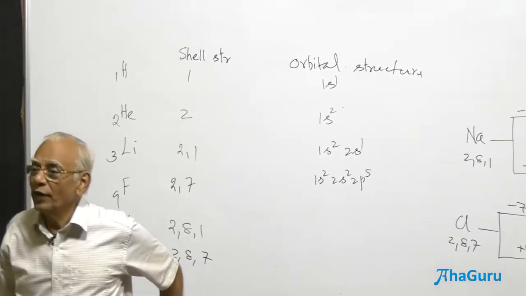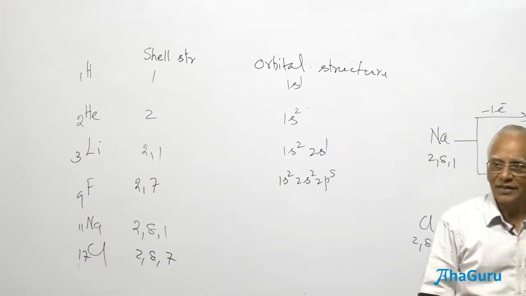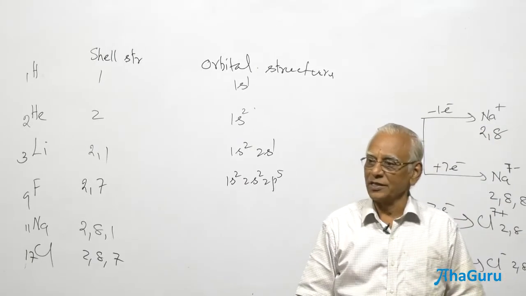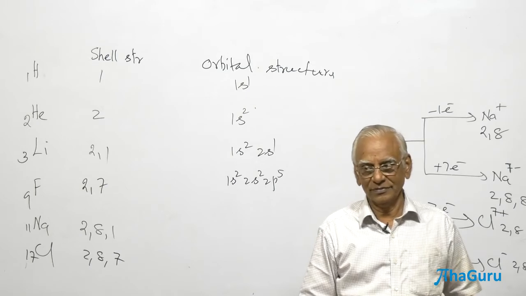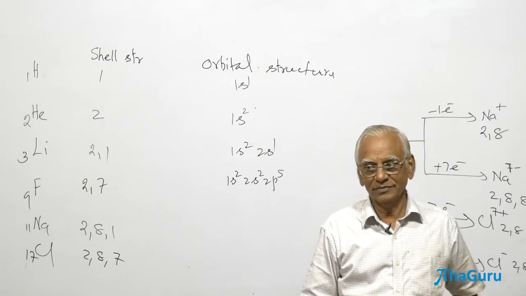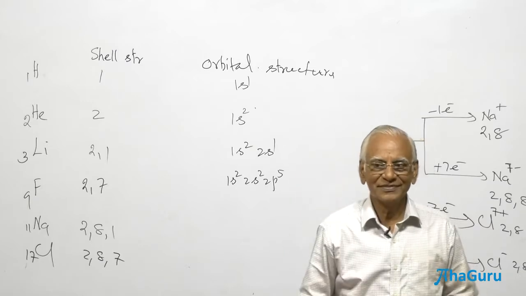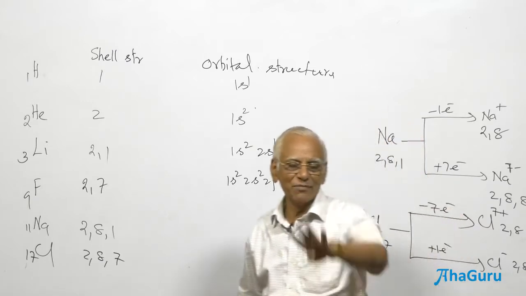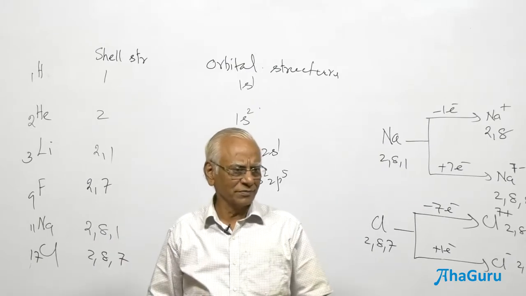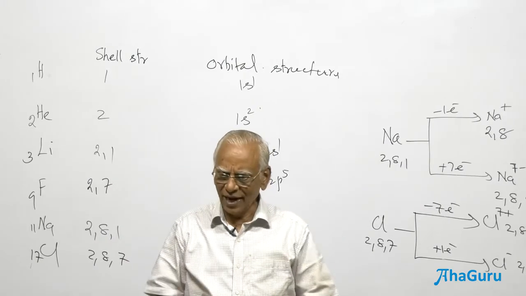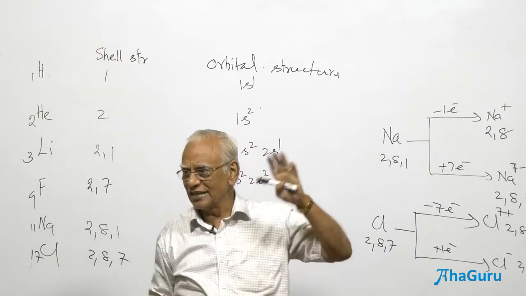Why are all metals electropositive? Wait, I'll come back to you. You are next one. Let him complete. Why metals are electropositive? Because in their valence shell, they have enough electrons to give. It's easier for them to give the electrons rather than take electrons. Good, very good. They have less than 4 electrons. Wonderful. The number is 4. Either you should have more than 4 or less than 4, not 4. I am classifying the elements into 2 categories: having more than 4 electrons in the last shell, or less than 4 electrons.